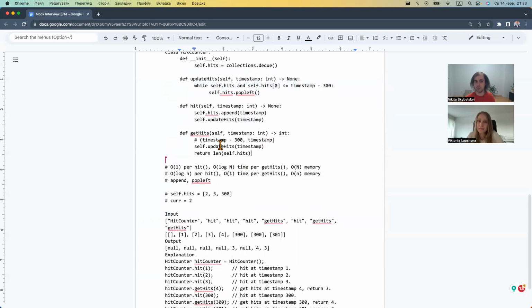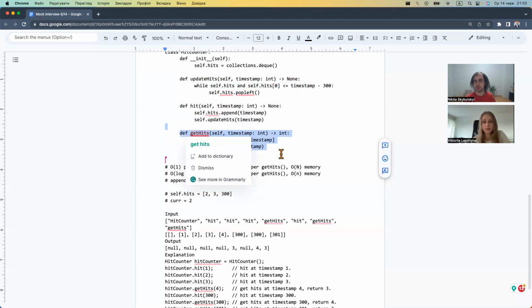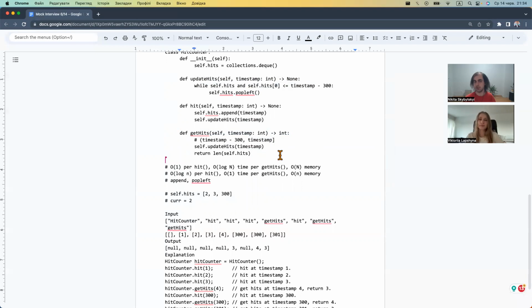Тут насправді комплексність, до якої ми дійшли, ми про це трішки не поговорили, але вона не звичайна, а амортизована. Те, що ми видаляємо від одиниці, це амортизоване. Може так статися, що ми за один виклик до getHits видалимо 100 тисяч старих елементів. Але якщо викликів до getHits буде багато, послідовних, то кожен елемент видаляється не більше ніж один раз, тому дійсно на кожен елемент від одиниці роботи.